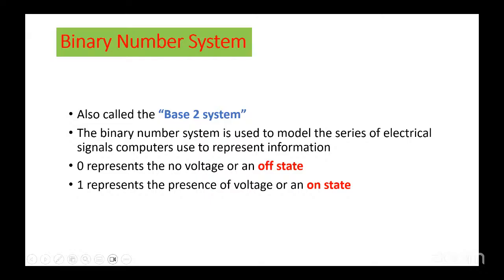Which one is used here? The computer uses these electrical signals to represent the information. For example, if you want to send an image, draw an image, or copy an image, or if you want to do some